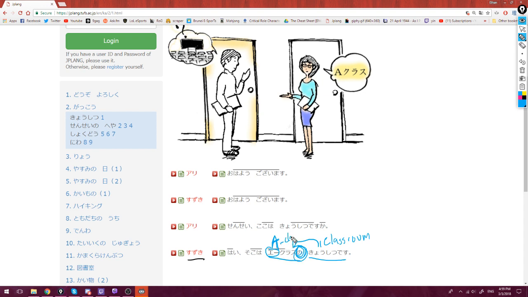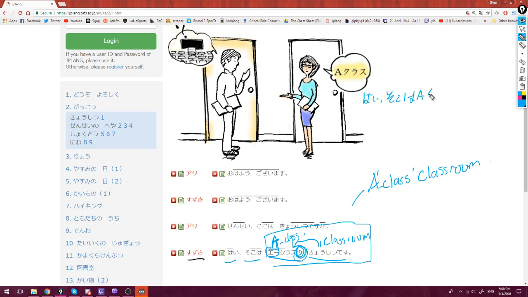So we can deduce that this group of words means A class's classroom. Okay? And then we say, はい、そこは A クラスの教室です。